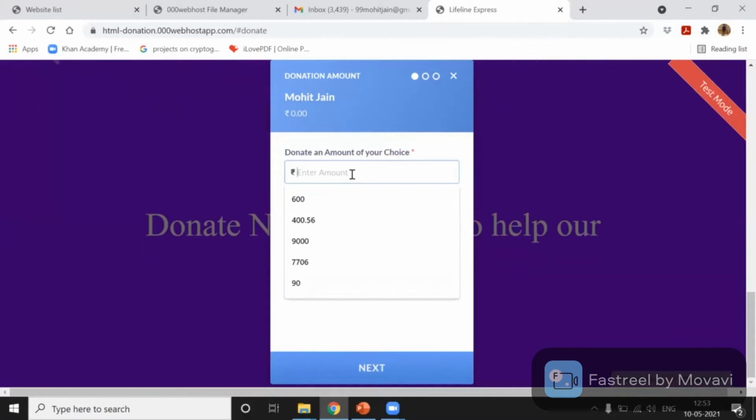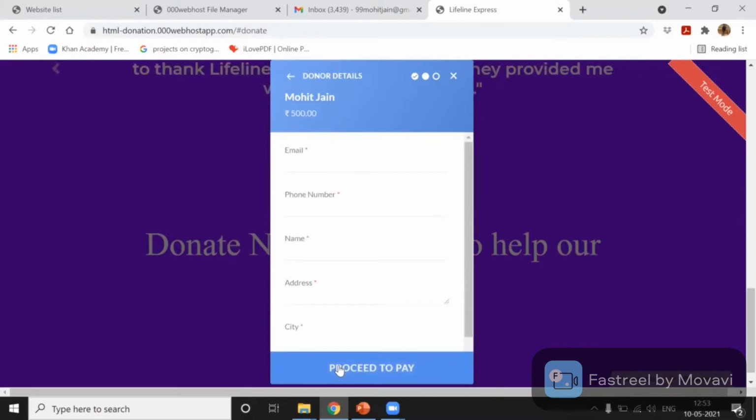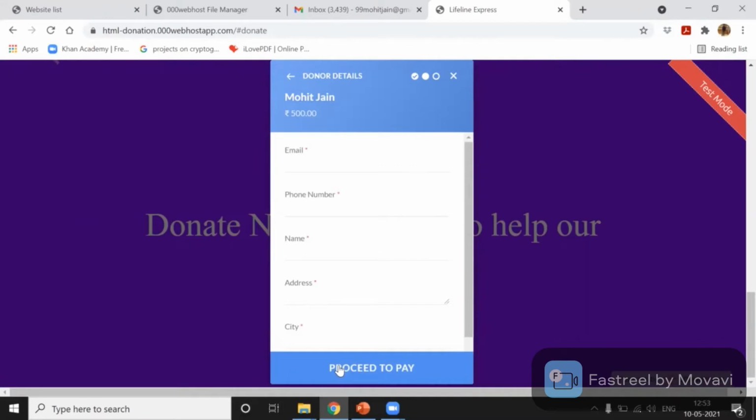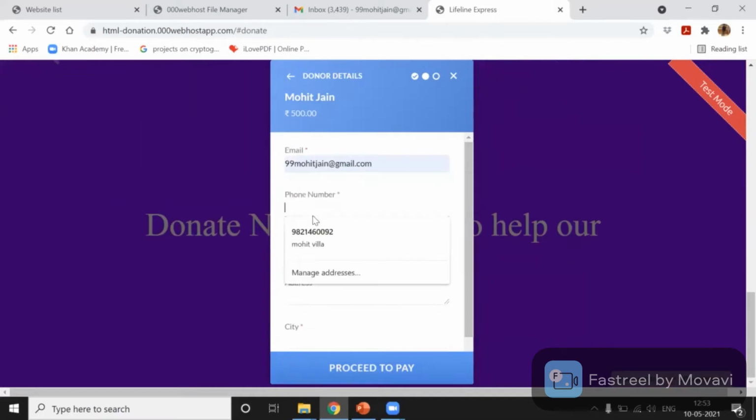So when the user enters this amount, he goes to the next page where basic details like the name, phone number, email address, where he stays, and city are asked. So the user will enter all these details.